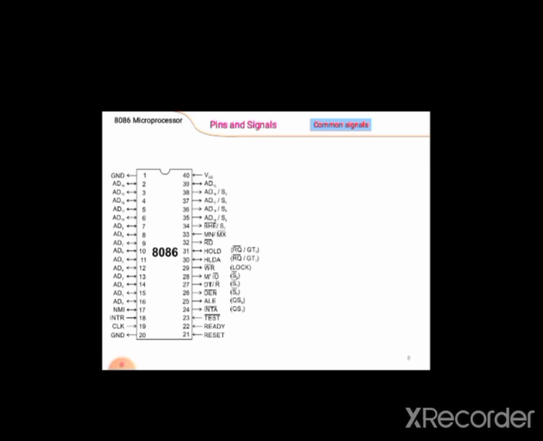If you want to select minimum mode, you have to give 1 to this pin. So automatically for MX mode it will be converted into 0. And if you want to operate your processor in maximum mode, you have to give 0 to this pin.